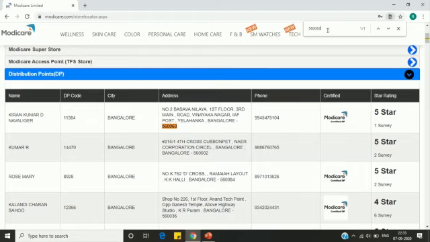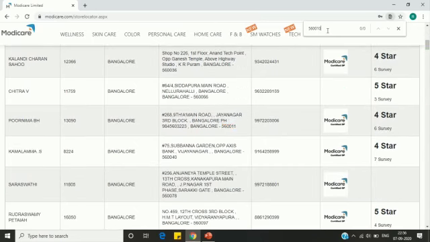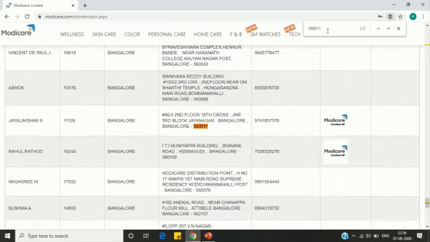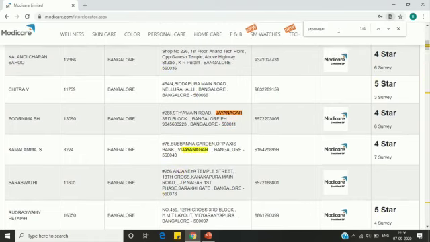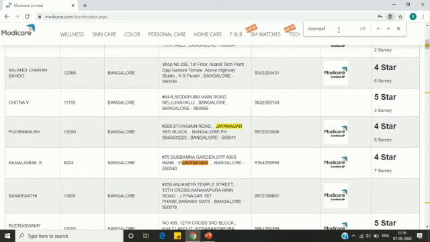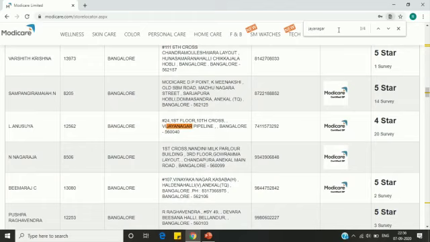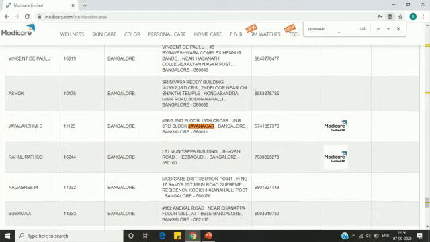Now if you want to search for the nearest DP, just type the pin code if you know it. Let's say 0, 1, 10. You can see 11. If I press Enter, I can see multiple. So this way you can start searching for the nearest DP. You can even type the location name. For example, Jayanagar. You can see Jayanagar and Vijayanagar. Keep pressing Enter and you can see multiple locations.